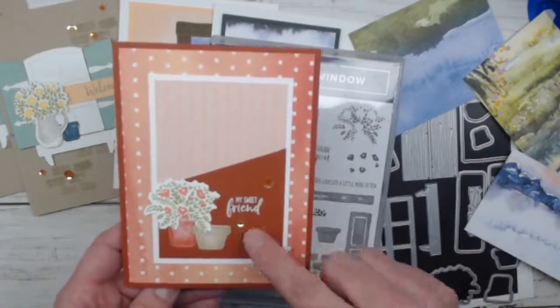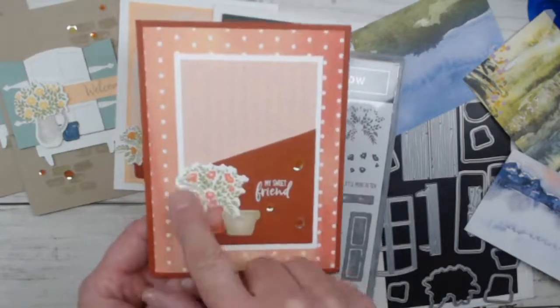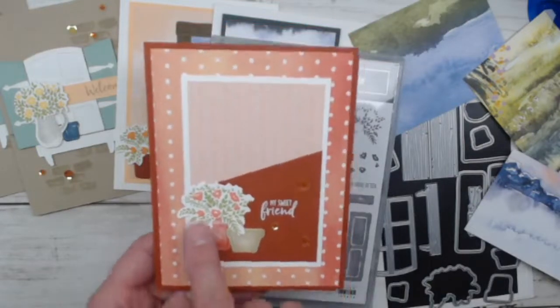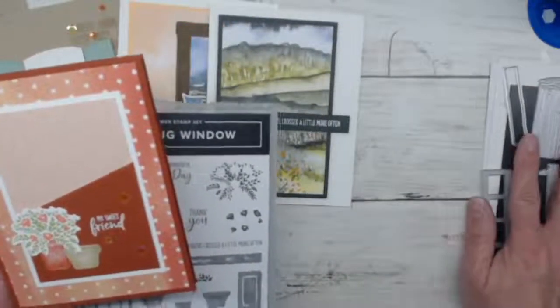And again, I've got those little Artistry Bloom sequins. This is the largest flower pot. This is the medium flower pot. And again, I did a different sprig. These are Calypso Coral flowers. I think that might be Pear Pizzazz, or actually I think that's Old Olive. I think I used Old Olive for that one. So anyway, I was just having so much fun playing with these